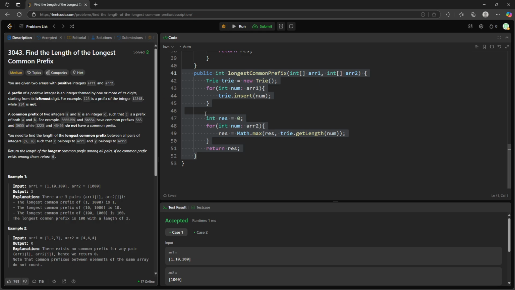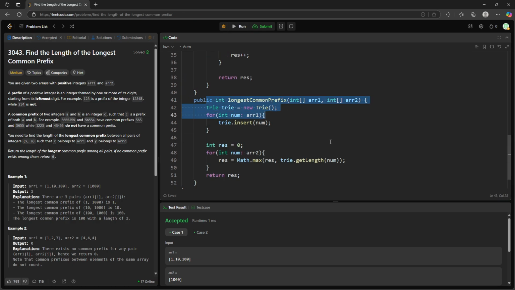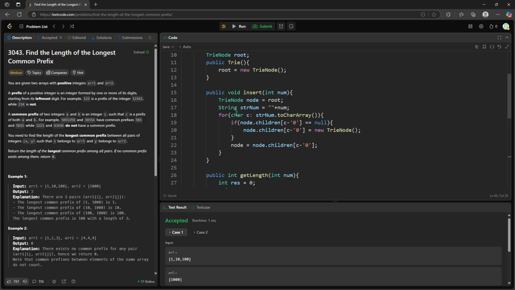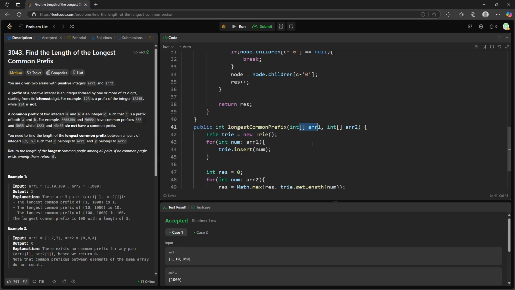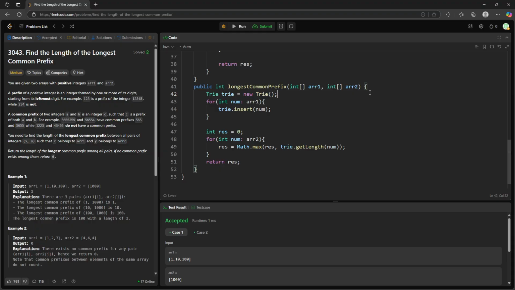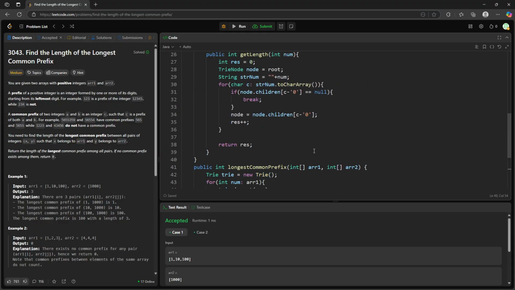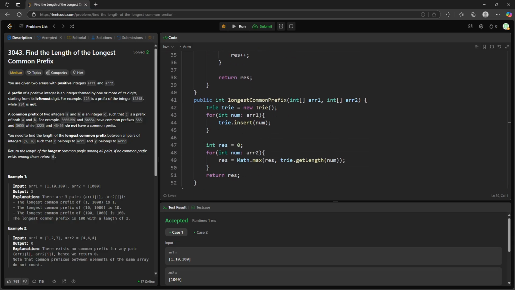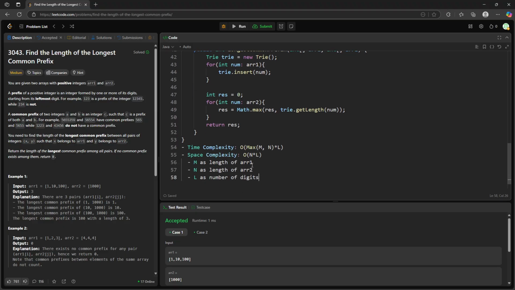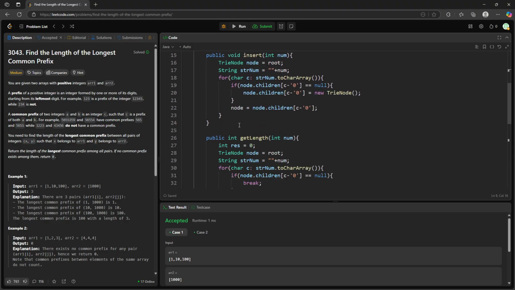Okay, so let's talk about the time and space. For here, this is O of n, and O of n for this one. This will be O of L, right? L will be the worst case for the single num inside array 1. And this is O of m for array 2. And when you get length, this will be the worst case for the num in array 2. So ideally they are the same for the time and space, but I would prefer this one. This will be a clean way to